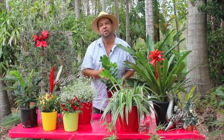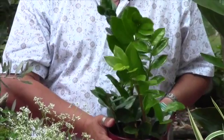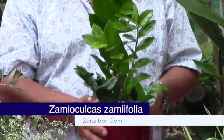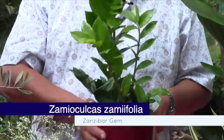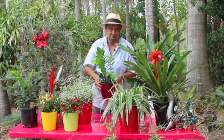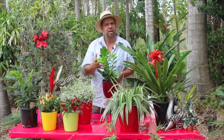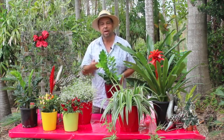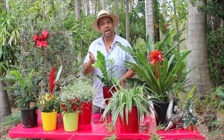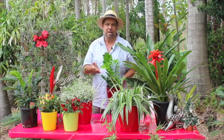This is the treasure fern or the Zamioculcas, and this is one of the easiest plants to give to anyone. It's a great house plant. It'll live in very low light conditions, and honestly, if anyone can kill this plant, they're never to ever touch a plant again. It is that easy to grow. It is one of the nicest. It's always green. It's very, very pretty, and it really does spark up a dull corner in the yard or in the home as well. It can be grown in the garden, underneath trees, in the shade as well, but it's lovely in pots, especially